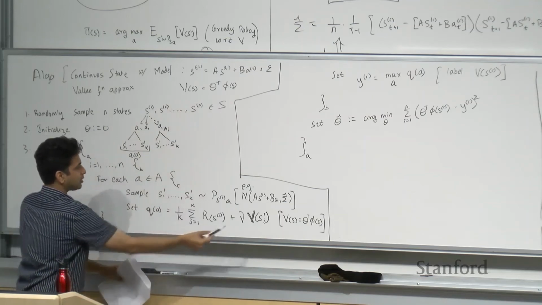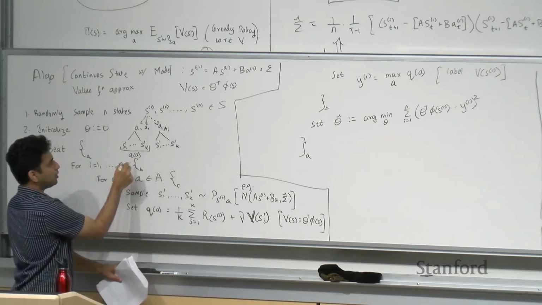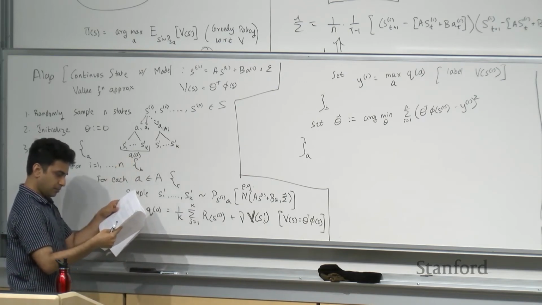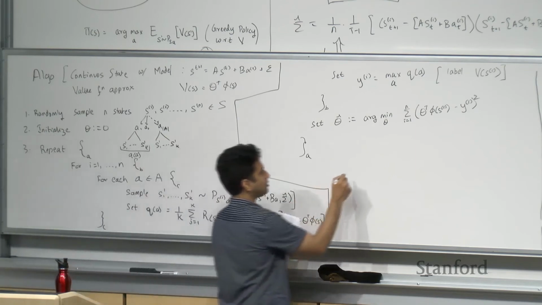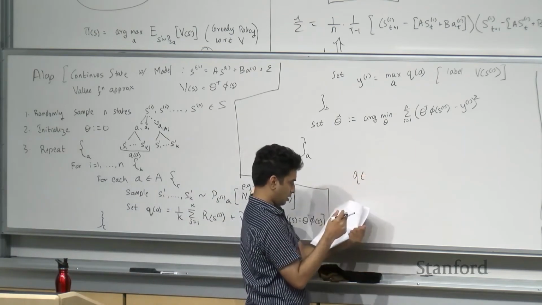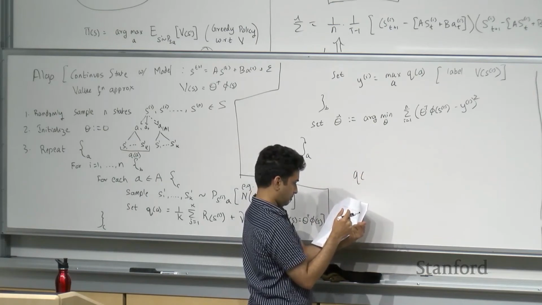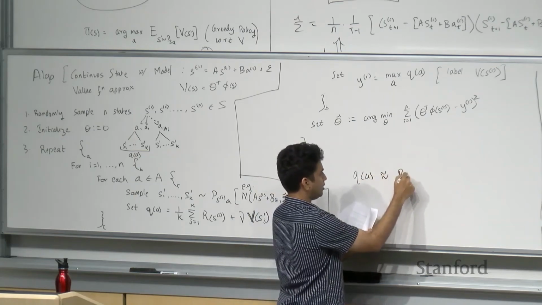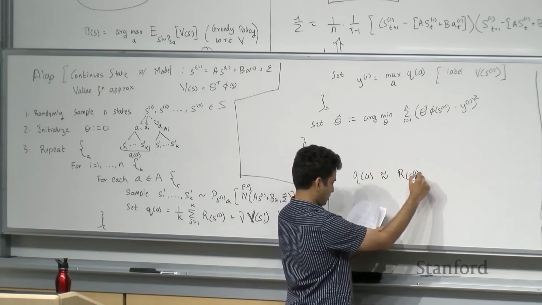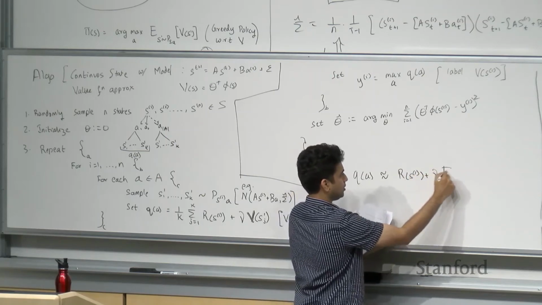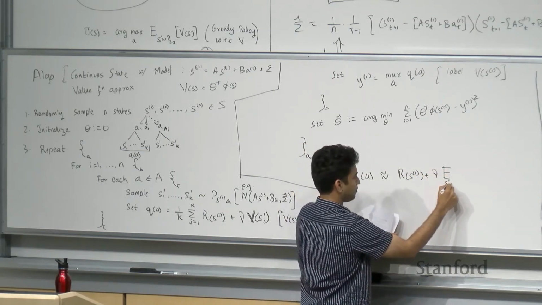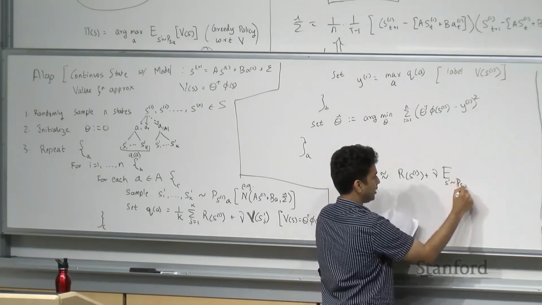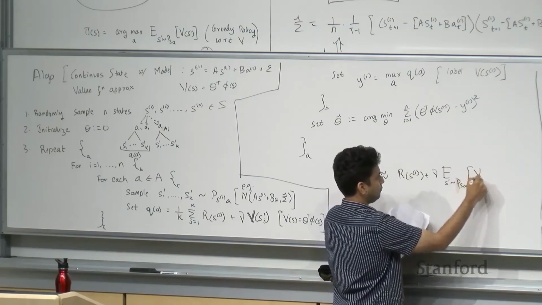And then take the average, and this Q is now an approximation for Q of S, A. Q is therefore approximately R of S_i plus gamma times the expectation over S prime from P_SA of V of S prime,